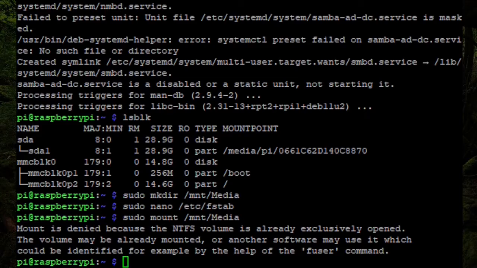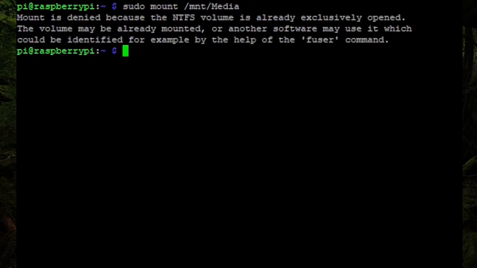So I have to go back. Okay, so I just had to back up for a second, take a quick look. So you want to actually mount that drive with sudo mount and then the path to that directory essentially. So you do mount /mnt/media with a capital M, of course. So you do that. And of course here on mine it says it's denied because the volume is already exclusively